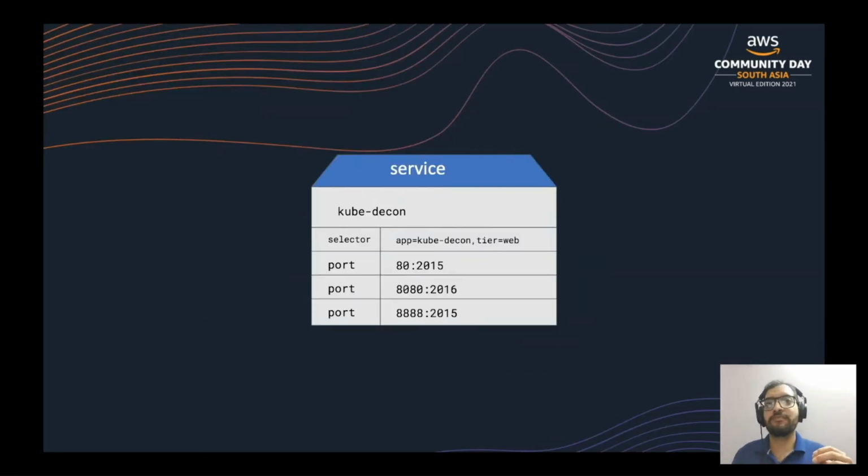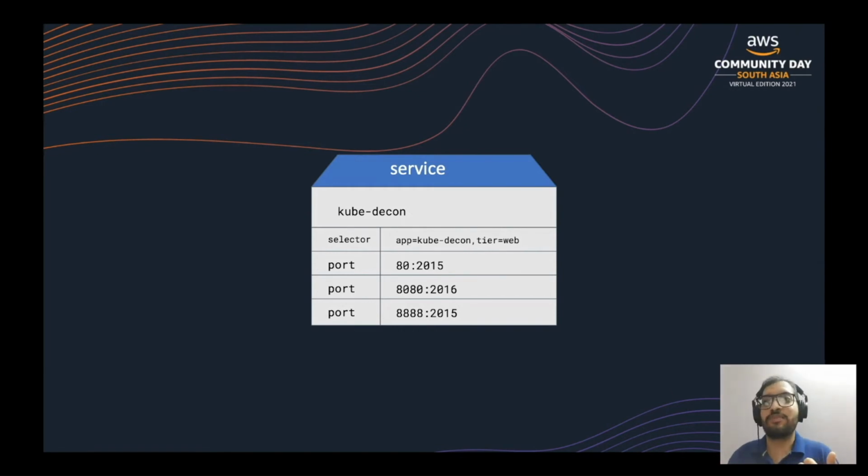We are taking our example where we have a web app or a web tier that is running in our kubedecon pods, and it needs to go and talk to a bunch of pods that are running caches. Maybe it's Redis, maybe it's memcached. There is a service which we've created for the cache, and it's configured as a cluster IP. It's set to the IP address